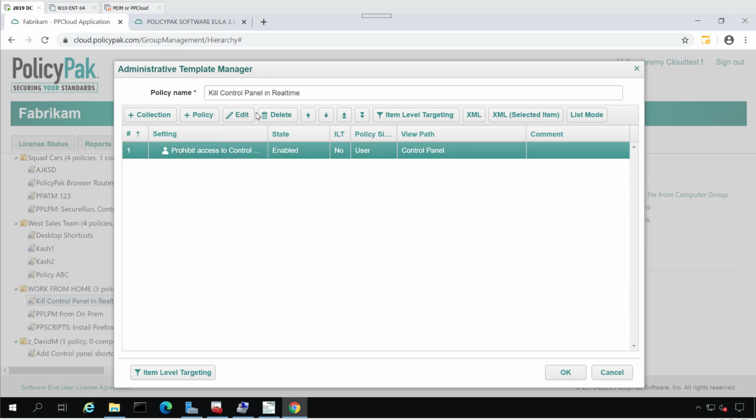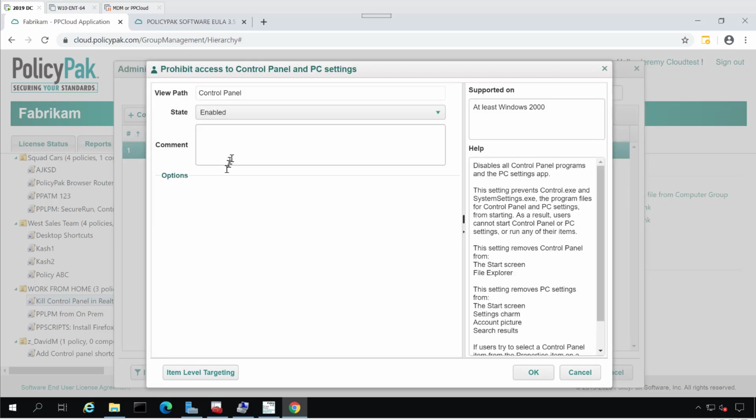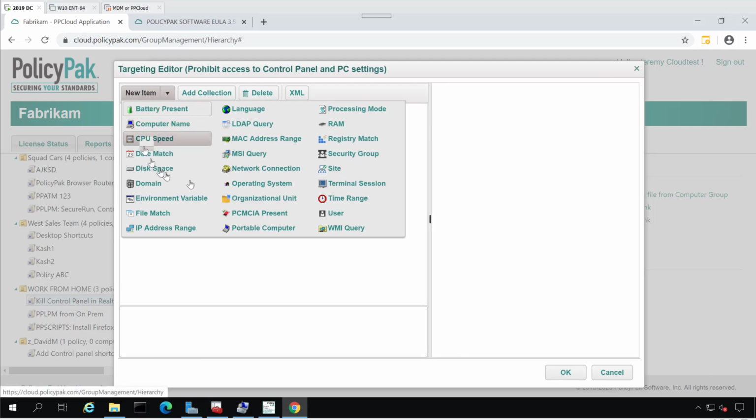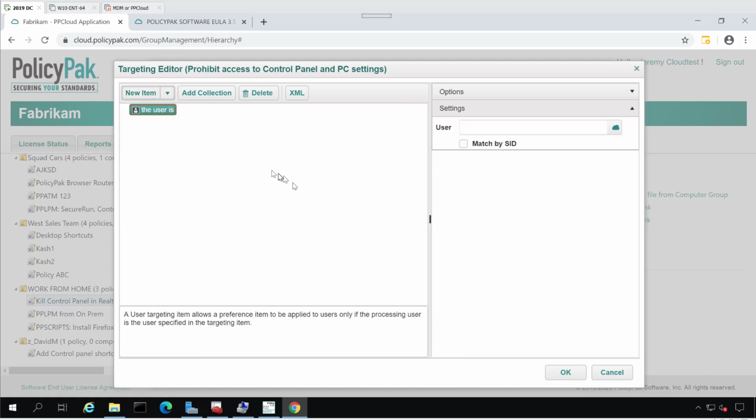Well, if you were to click on the item here and then click on item level targeting, you could always right now go ahead and click on, say, user, but then there's really no way for you to know what the SID of the Azure account is. So now we have a new magic feature, which is this little cloud button here. This cloud button is going to show up under the user item level